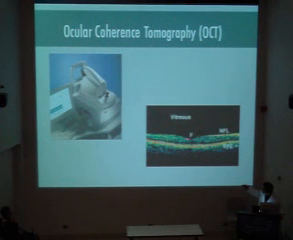This little dip is called the fovea. It's the center of the macula. It's the area where one gets